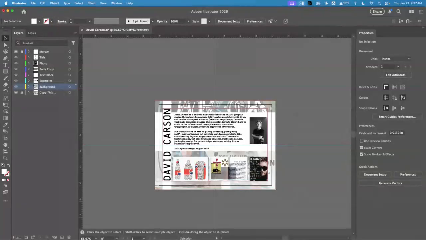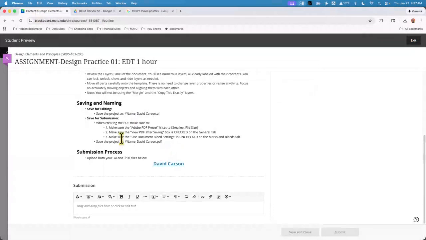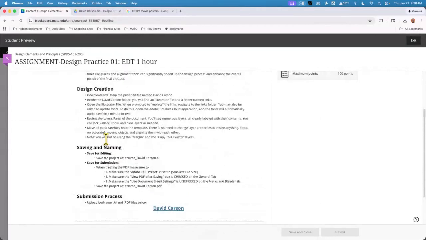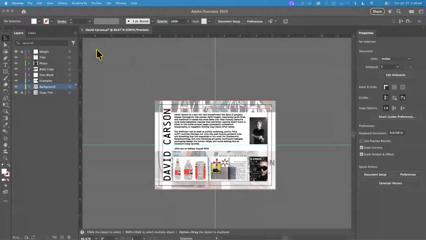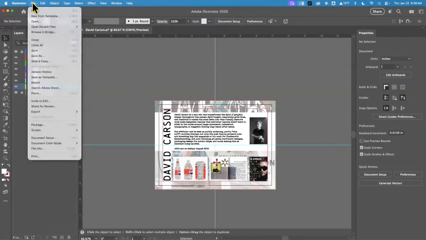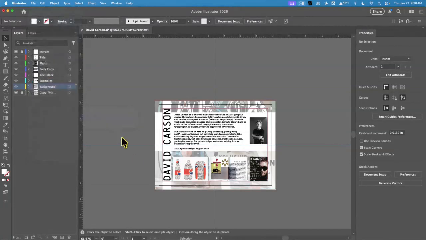Now, with that said, let me open up how to save it and give it to me. I believe it is just saving the Illustrator file. Oh, a PDF. So I want a PDF. All right, so this is just simple. What I do is save this for your file so you have it, in case I tell you to adjust this or change that and you want to turn it in again. Then you go to File, Export, Export As,